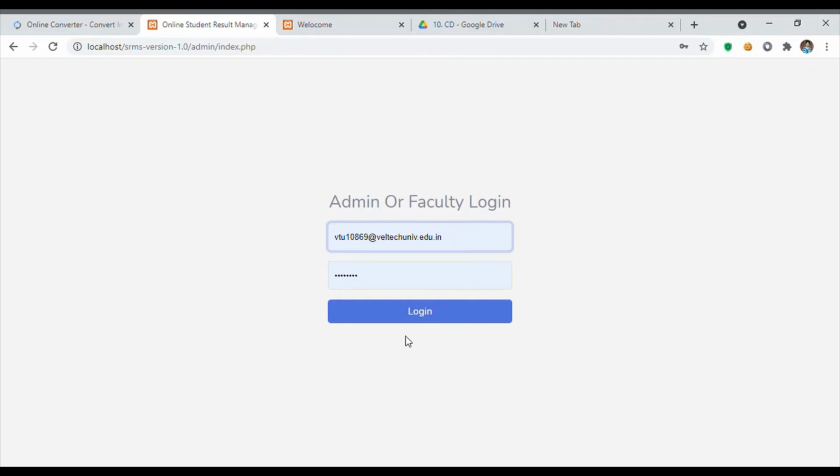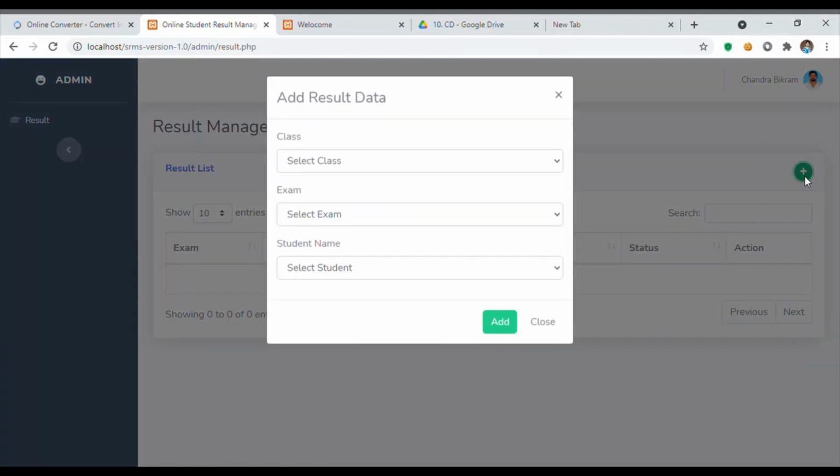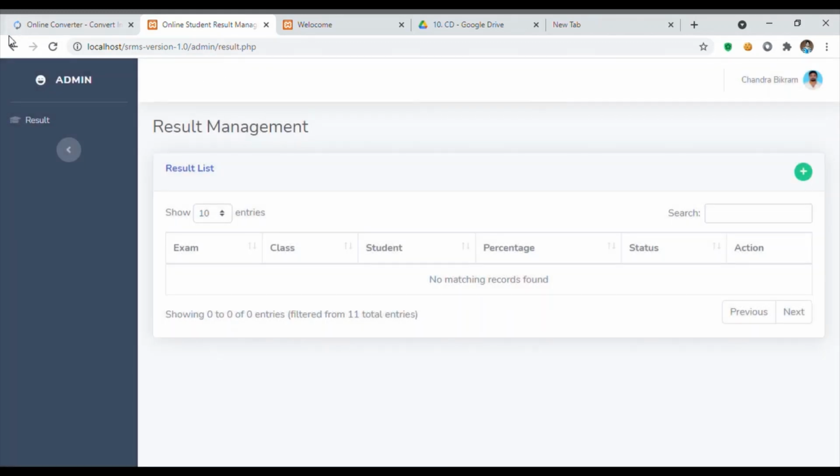So I have made Chandra Bikram Shah one of the faculty of our institution, and he has only the power of result management. He can only add the results of the students, and he can add classes, and he can add exams. These are the only powers given to Chandra.